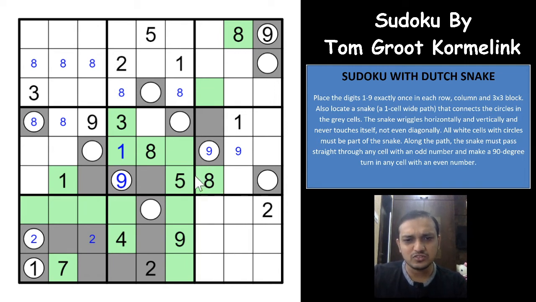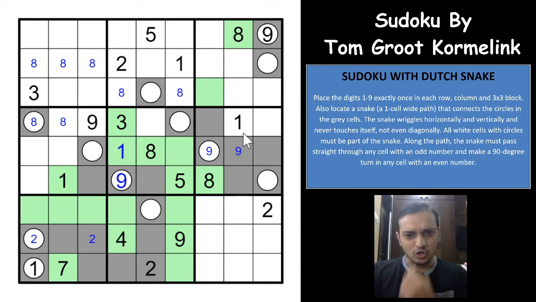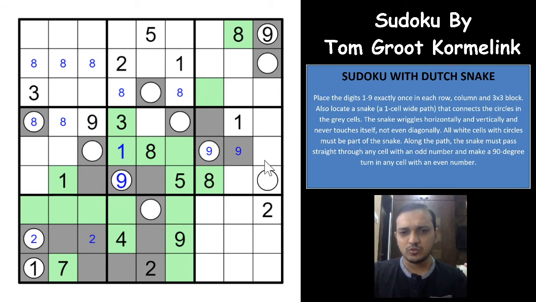So what happens if this is not a snake cell? The moment this is not a snake cell, it is not possible for you to have a snake path without a 2 by 2 group of shaded cells here. So either this will be a snake cell, and the snake path would have to go somewhere here, and the end point is somewhere here, so it cannot continue elsewhere. And if this is a snake cell, again it would have to go down, and it cannot continue elsewhere, and it cannot even go up because you form a 2 by 2 group of shaded cells.